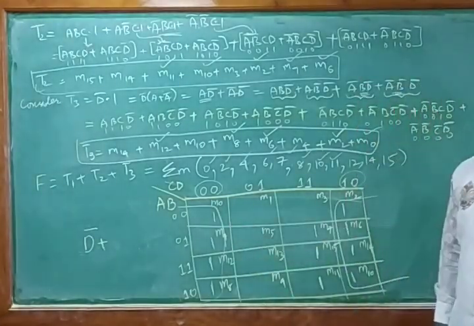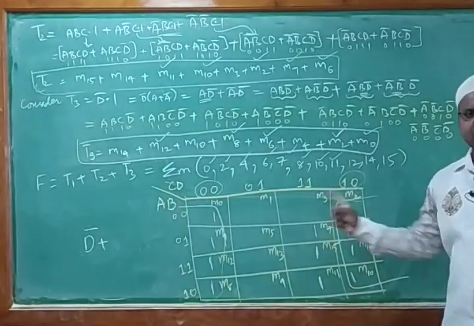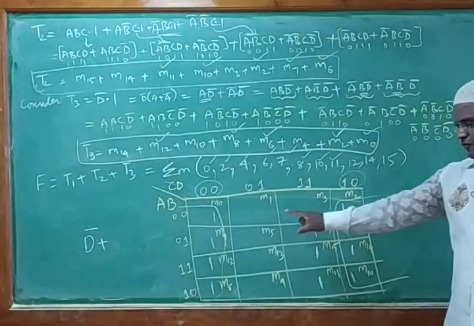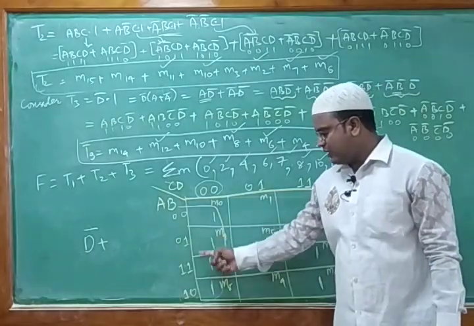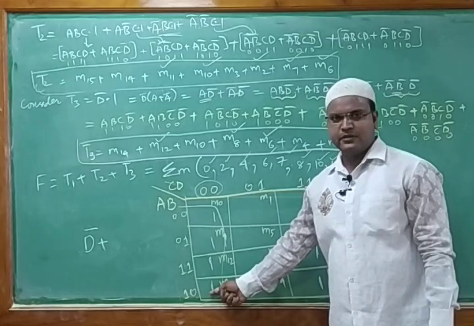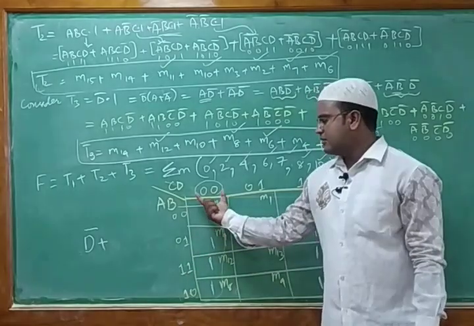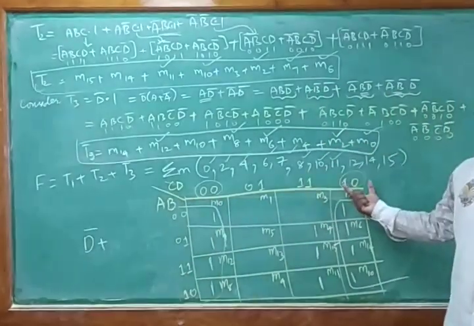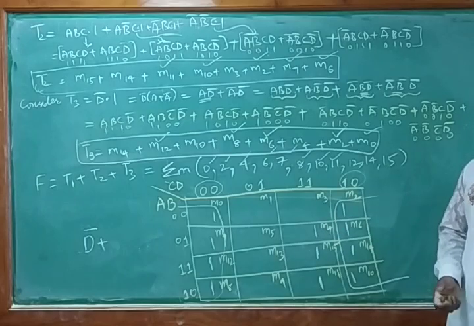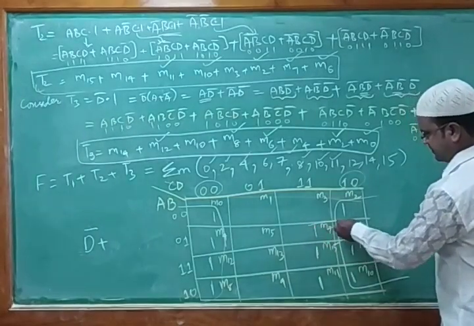What have we just done? We are combining these 4 ones and 4 ones. This is a folding we are doing. By taking the folding concept, we got these 4 ones and 4 ones. All values, as you can see, are changing; there is no common value. Looking column-wise at A and B, AB is changing. Only CD is common in the first column and in the last column CD. So these two are common, and that's the reason we take that particular function. Next, we need to combine these 4 ones. So I can combine like this.